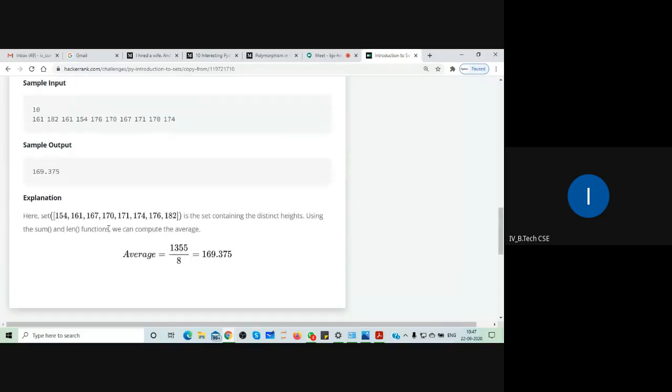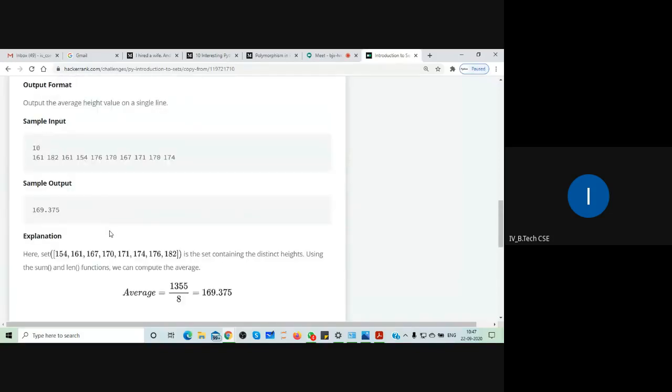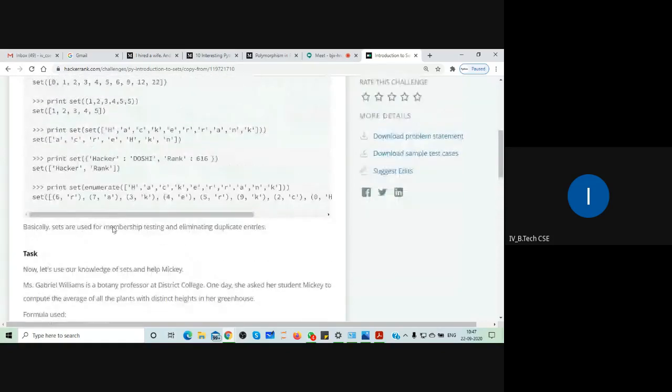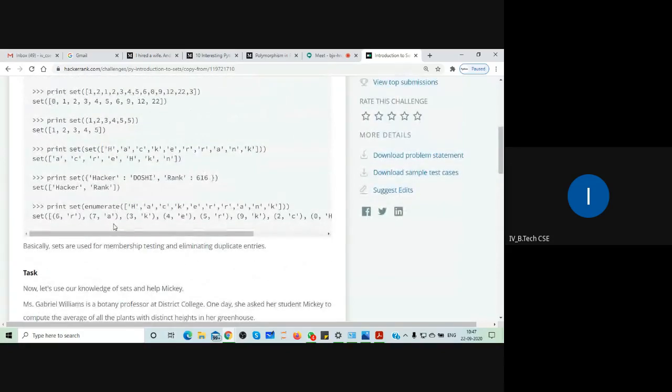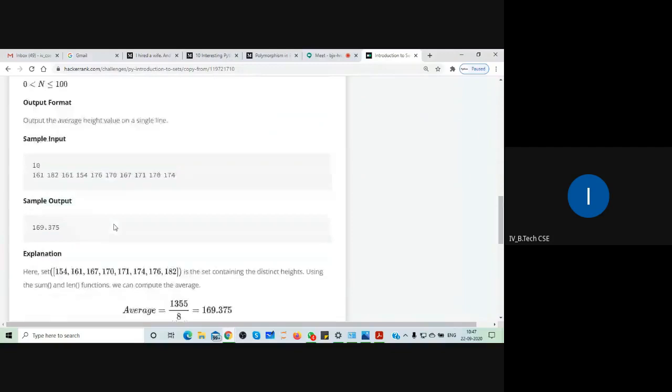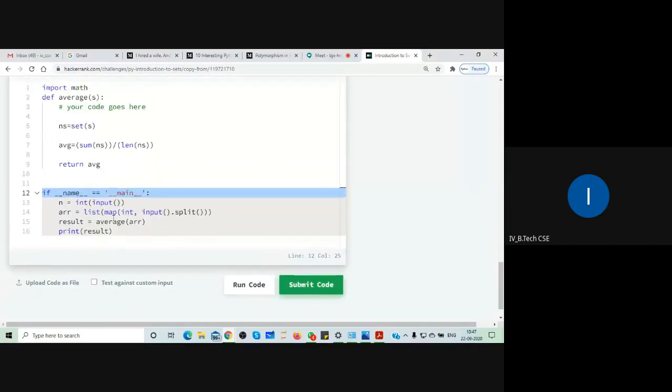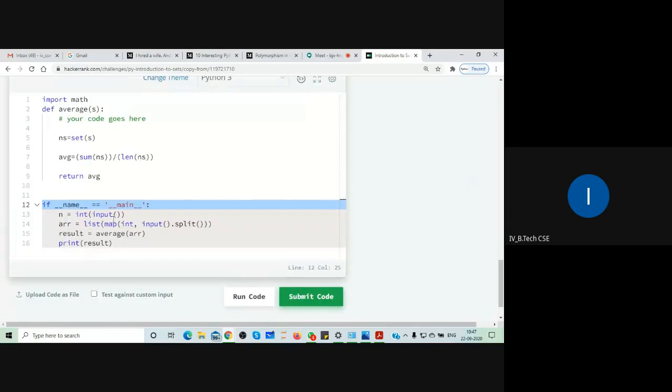So what do we have to do? We have to take the input. I wrote the code solution here.